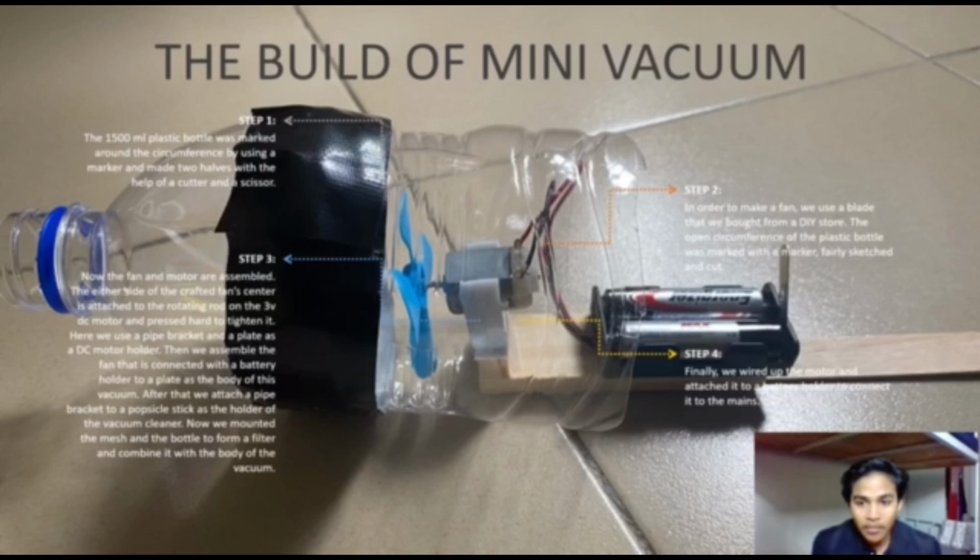The second step is, in order to make a fan, we use a blade that we bought from DIY store. The open circumference of the plastic bottle was marked with a marker, fairly scratched and cut. And the third step,